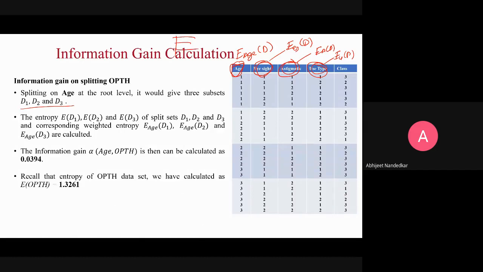Now we will choose such a feature which gives me the highest information gain. That means which feature is giving me the lowest entropy. So the information gain